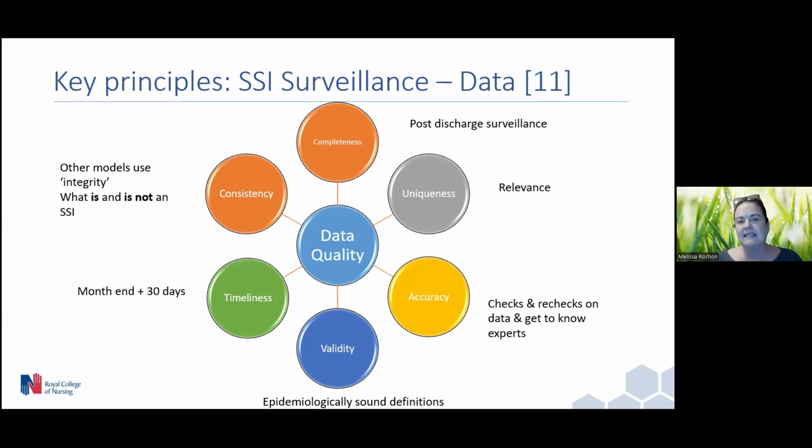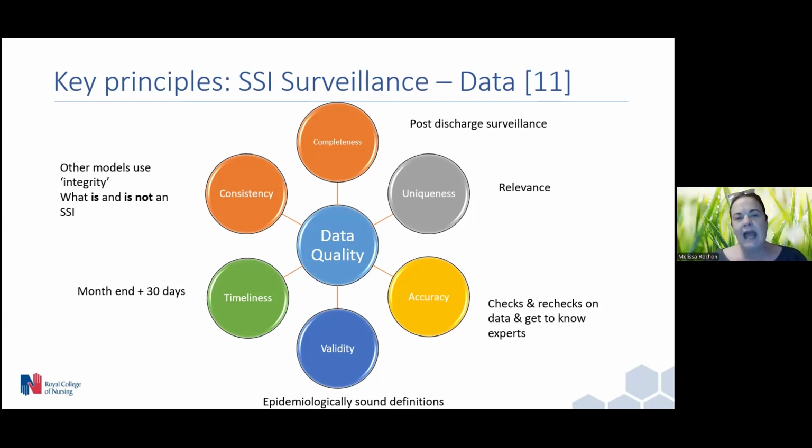And I think that this is something that when you're dealing with data, it's really a good idea to drill down and question what is it that we're looking at. Even if you get an external prompt like this is a high outlier notification, you still need to question, is it timely and relevant now? And then the consistency. And for us, this is really around what is and what is not considered an SSI.